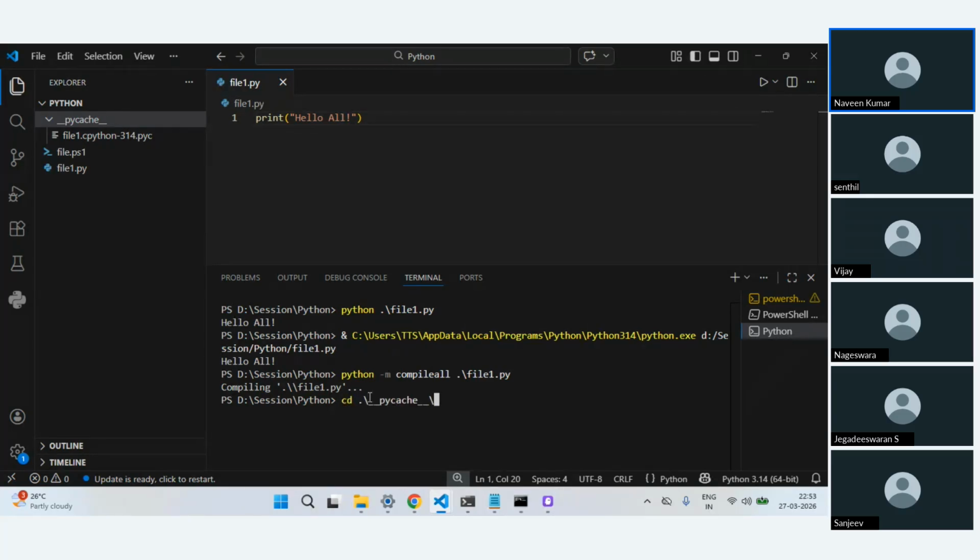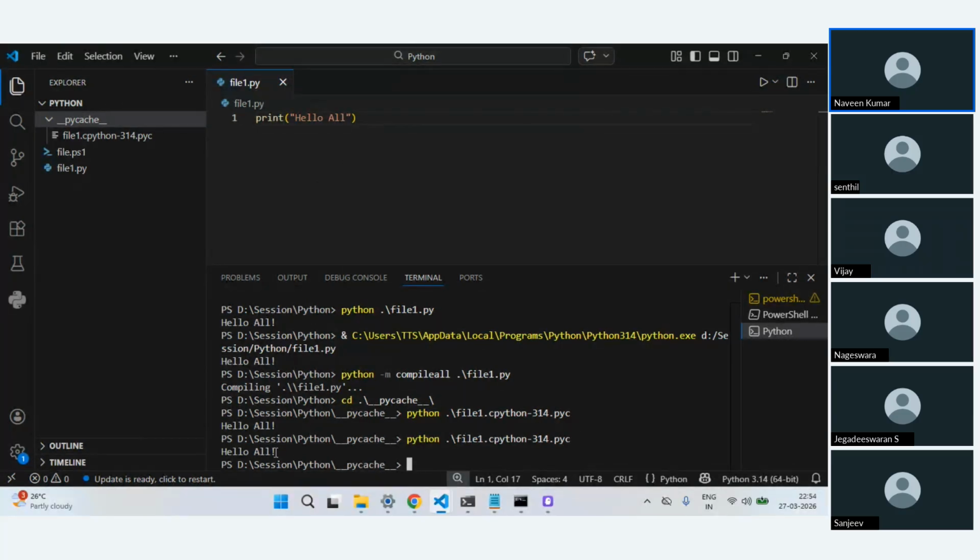What I will do is I'll go to this folder, and I'll just say Python and I'll just call this file. If I call this file, still it prints whatever it got compiled. Just to show you, it is not taking from file one. Let's say I have made changes to this file one, and still if I do it, it's going to print with the exclamatory mark which I have here, because this is a compiled one which is stored here, which we explicitly generated. That's why it is printing.